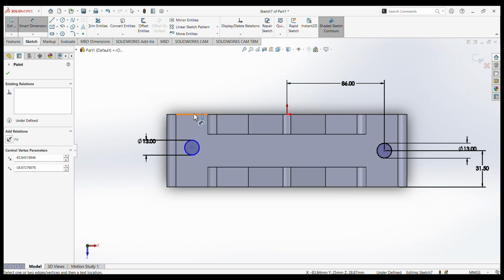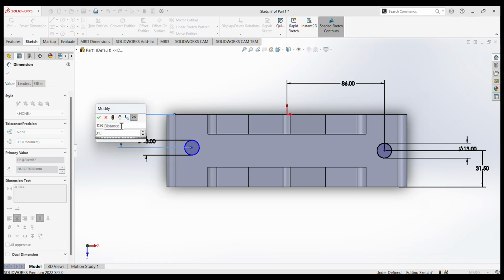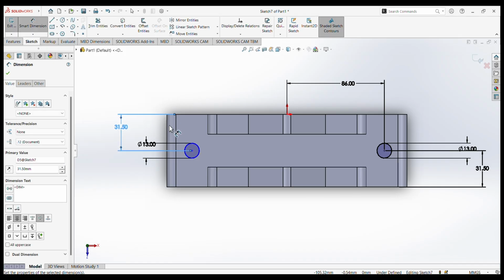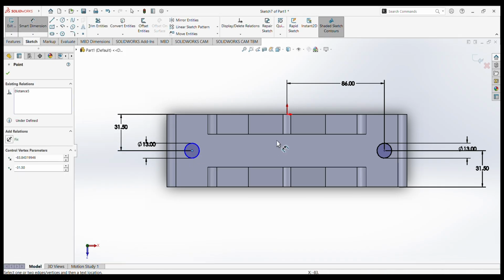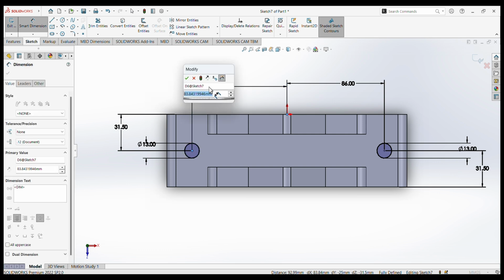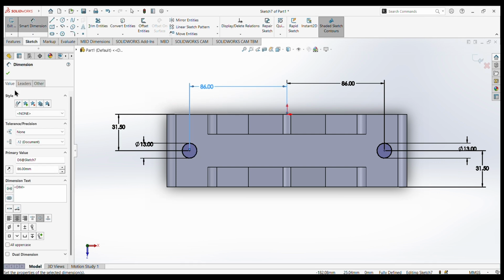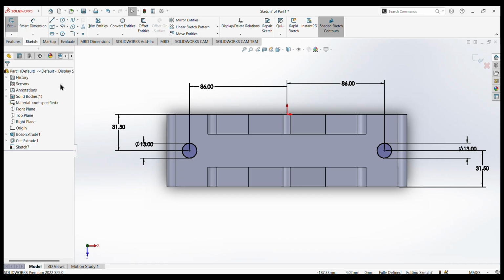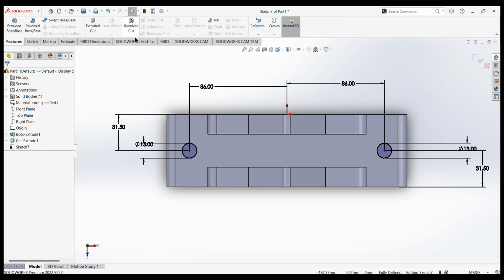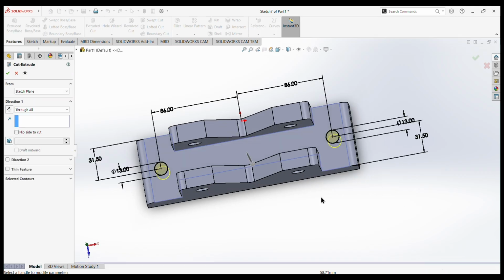The same we can apply the dimension, that is 31.5. Okay, and from the origin to the center of the circle, that is 86. Enter here. Okay, it is fully defined. Now we can use the extrude cut command. Both are selected, through all. Okay,